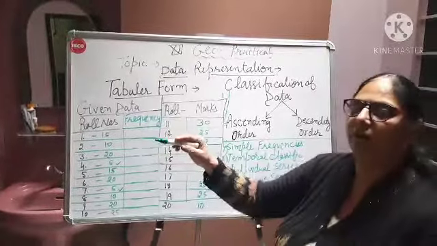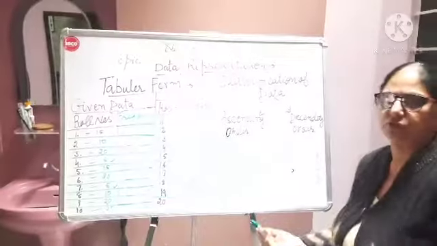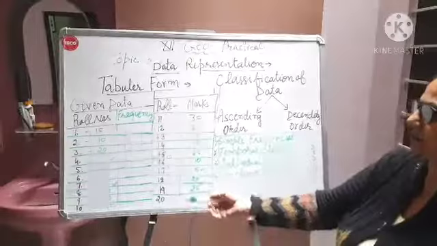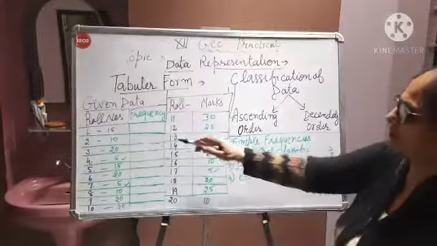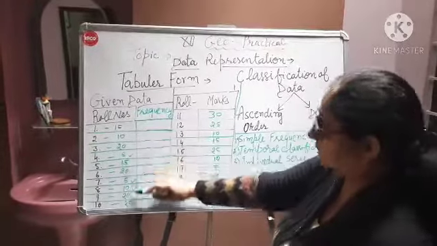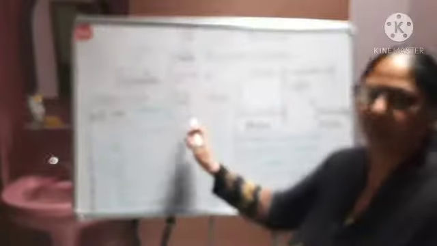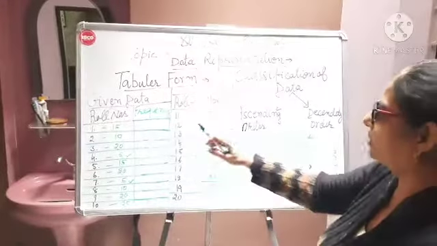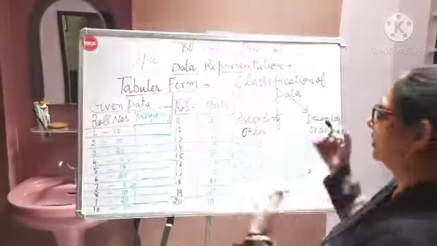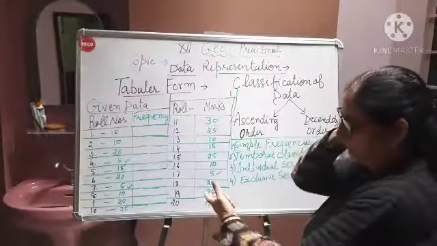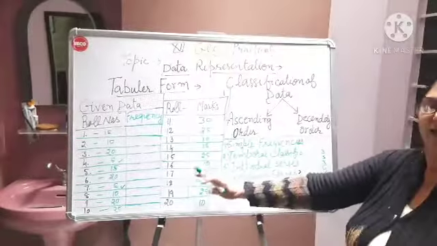Frequency, as you have studied in your earlier classes also, in your 7th, 8th to 10th classes, how we can take this frequency with the help of tally, right? Then this numerical representation of data in numbers, and when we take that, that is the frequency. Mean to say how many students have taken 5 marks, how many students have taken 10 marks, how many have secured 15, so on, so forth. That I will tell you in detail.